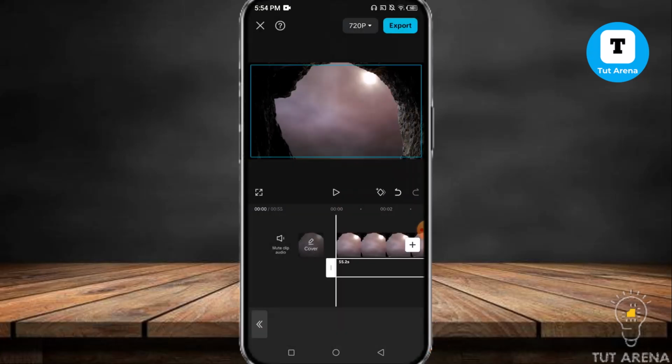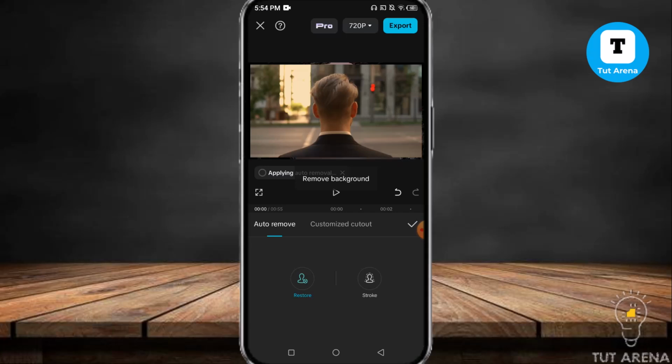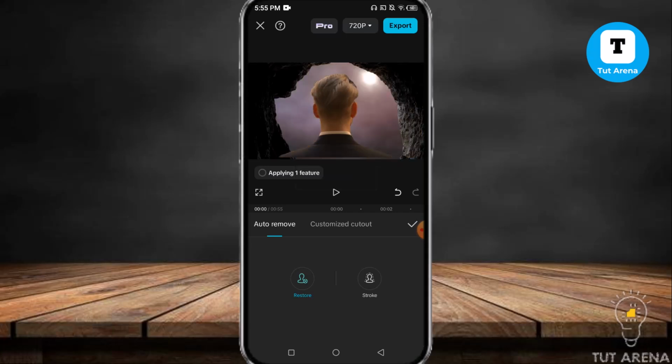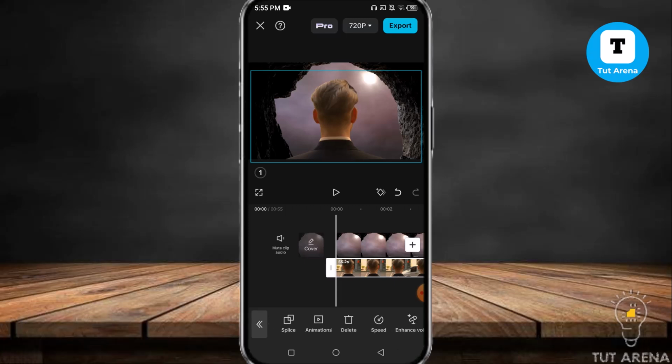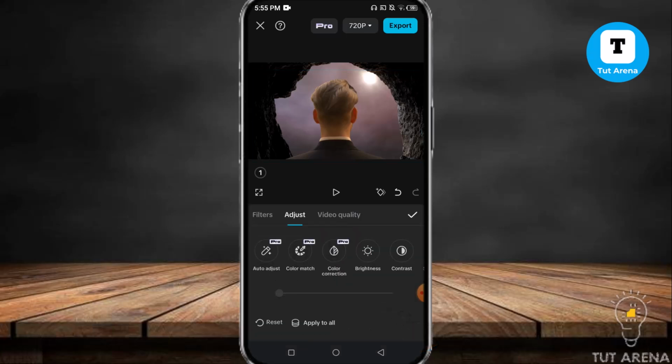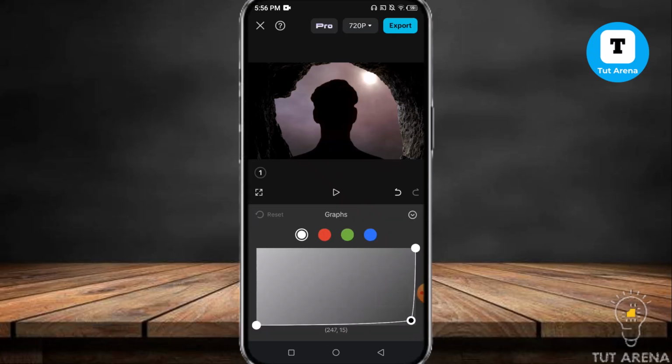I'm going to choose this video with a man, and here I'm going to remove the background by tapping on remove BG. Now tap on adjust and then tap on contrast, and in here tap on curves, then lower it like this,